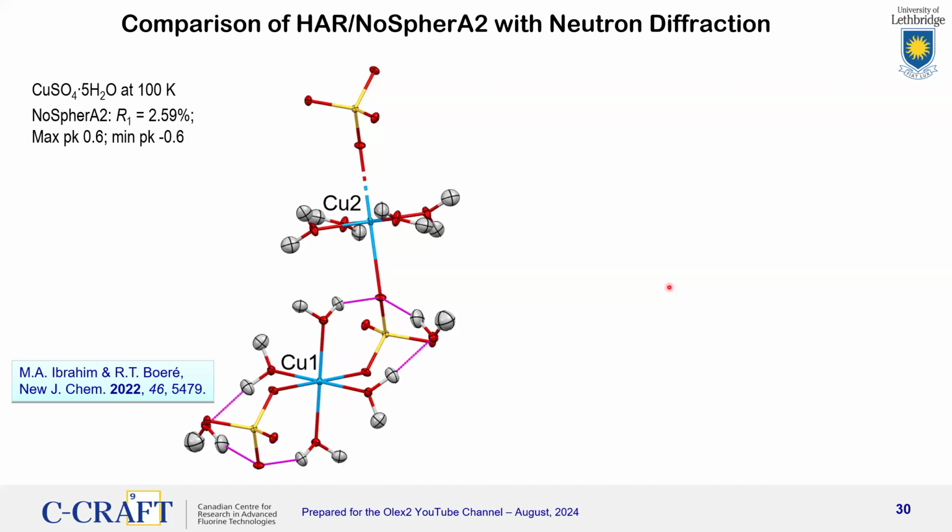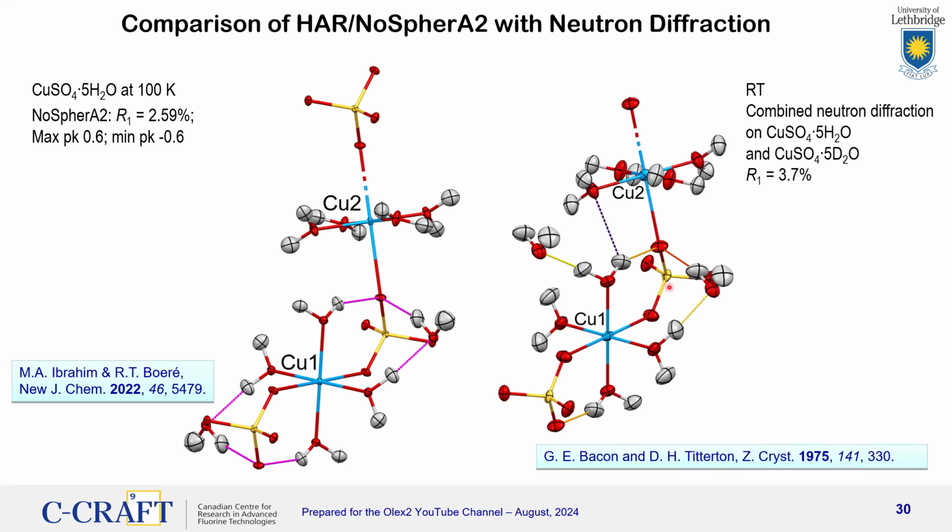For this pentahydrate, we had access to compare our result with this beautiful neutron diffraction study by Bacon. Notice how long ago it was done, but Bacon grew huge crystals where he used both regular water and deuterated water, and because deuterium and hydrogen have opposite effects in neutron diffraction, combining those two allowed him to beautifully define the positions of the hydrogens. Our NoSpherA2